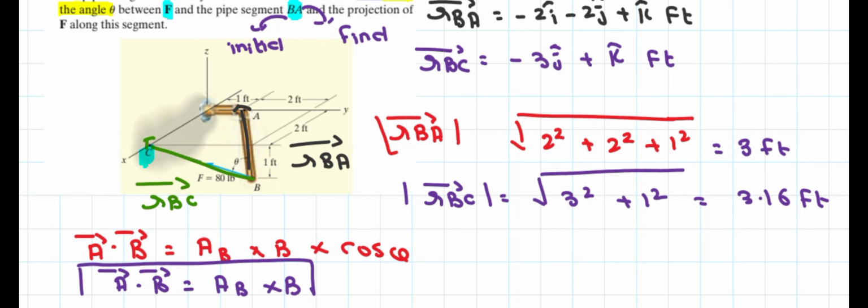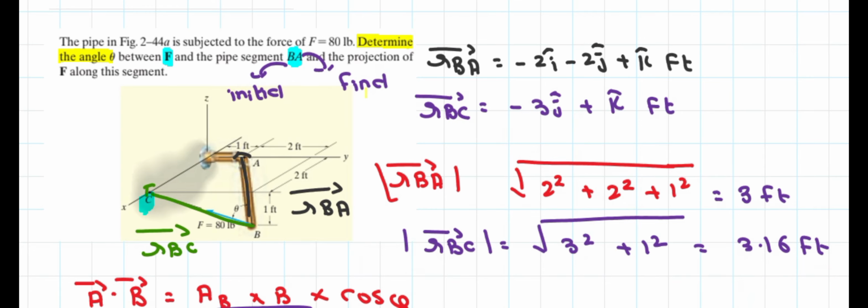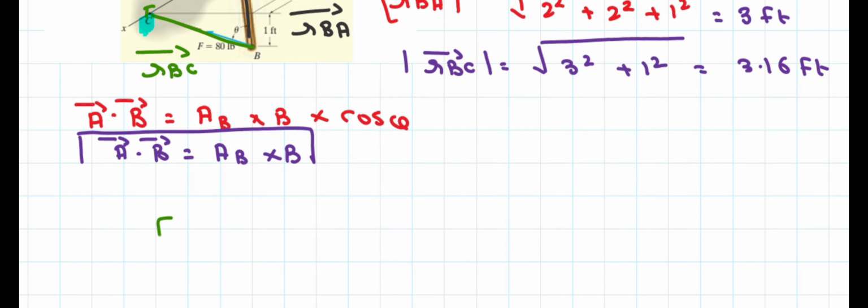So first of all, in the question statement, the magnitude of the force is already given to us. And our first step is to convert this force into Cartesian form. This force lies on the BC segment, so multiply the BC unit vector by this force to get the Cartesian form of the force vector. We know that the vectorial form of force equals the magnitude of force times the unit vector. And the unit vector in this case is along the BC segment.